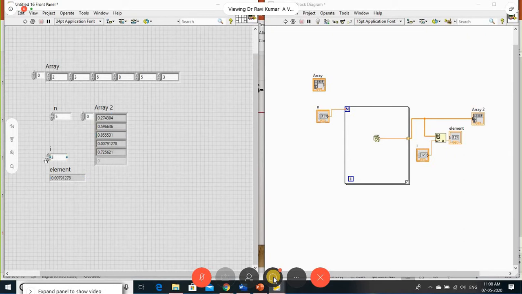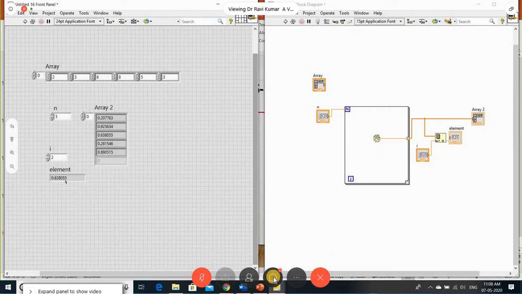This is your third element. I can make it the second element. This is 0, 1, 2, that is 0.855. Because I made it a random number, every time the value is changing. So the second indexed value, 0, 1, 2, is 0.638. It is showing that.